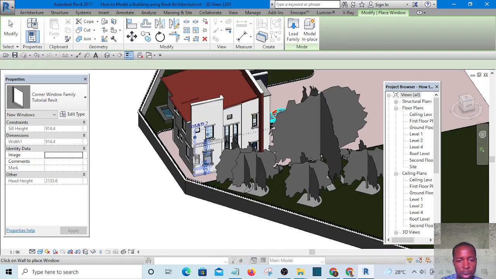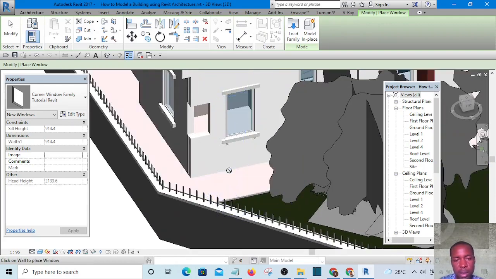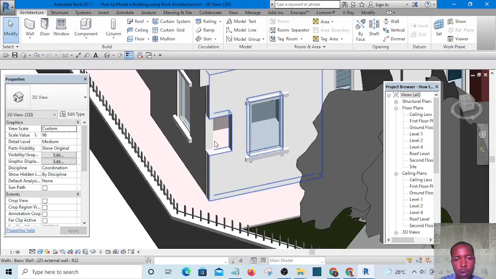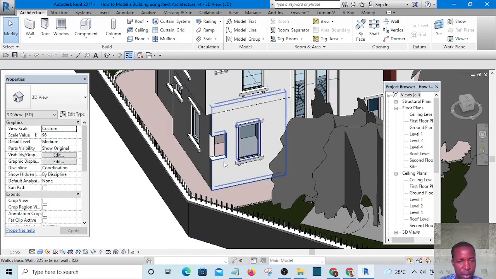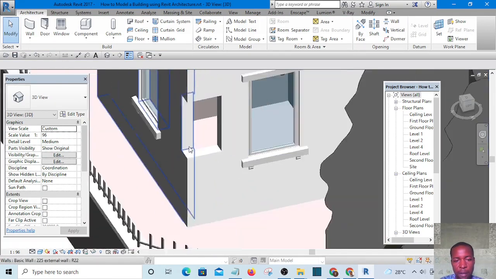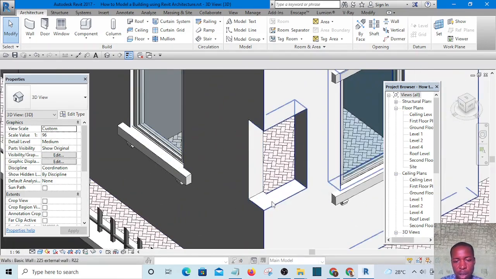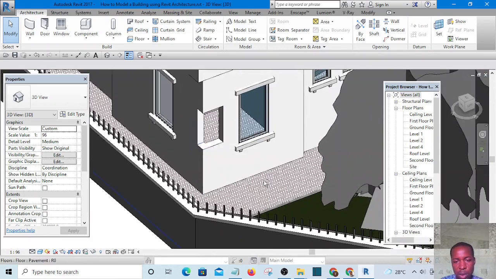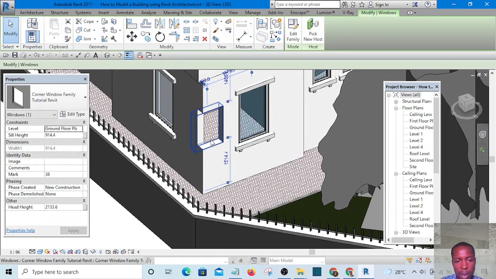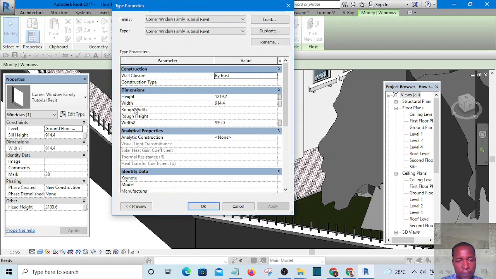Alright, so you can see that it is working perfectly. I've dropped it on this corner and it has cut the corner open. But let's see whether we can manipulate the parameter. You can see we have